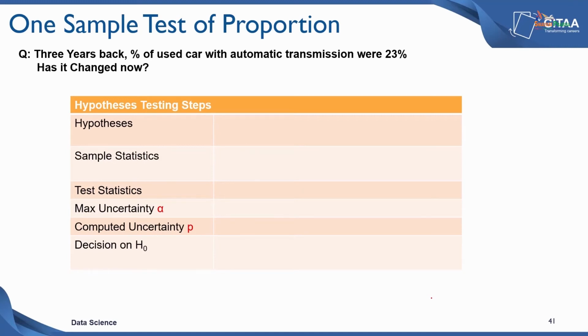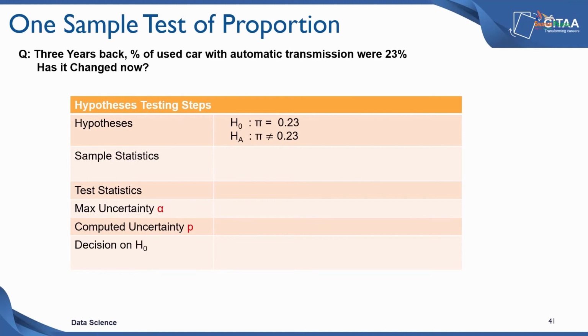Is there a shift more towards manual, or has automatic itself increased substantially over a period of time? And that's what we want to figure out. Now, why would such a question get asked? Probably the margins and the profits that you make out of selling an automatic transmission car may be higher. So, as a trend, you want to understand whether an increasing number of automatic transmission cars are being put into the used car market itself.